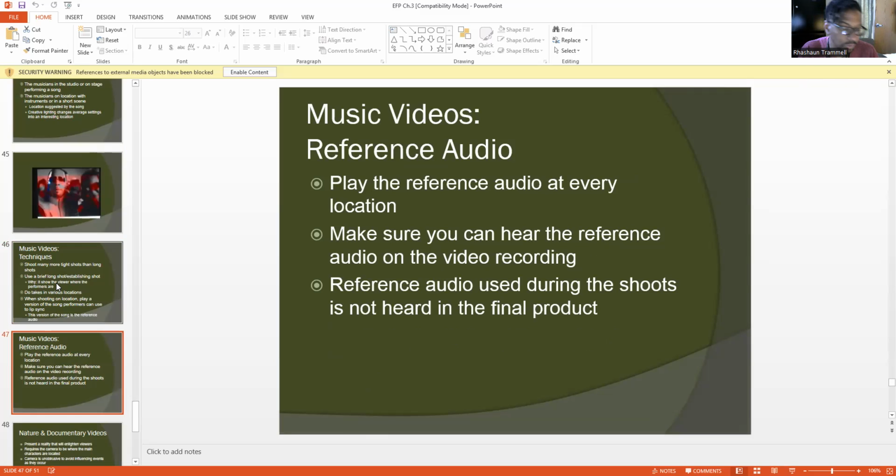Hence, reference audio. Reference audio is when performers are performing the song out in the world, wherever, for their music video. You also have reference audio playing, which is the same version of the song that's going to be heard in the music video when it's done and playing on YouTube or wherever you play music videos. The reason they do that is so they can hear the audio and dance to it, lip sync to it. So therefore,